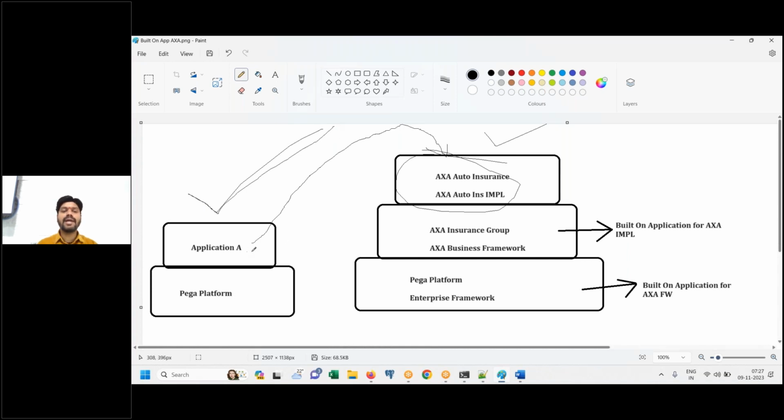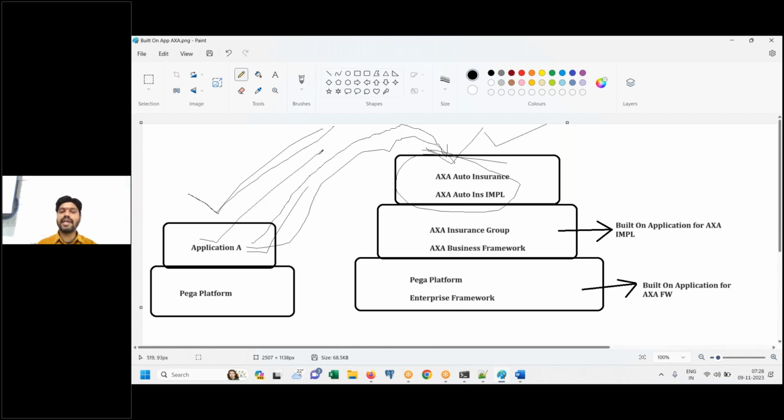On top of Pega platform, application A is created. And this structure is available. Both are already available in the system. Requirement you got. What is the requirement? Bring application A on top of AXA auto insurance. This is what requirement you just got. Don't think about types of applications. How do you solve this? That's what I'm asking. To solve this, what you need to do?